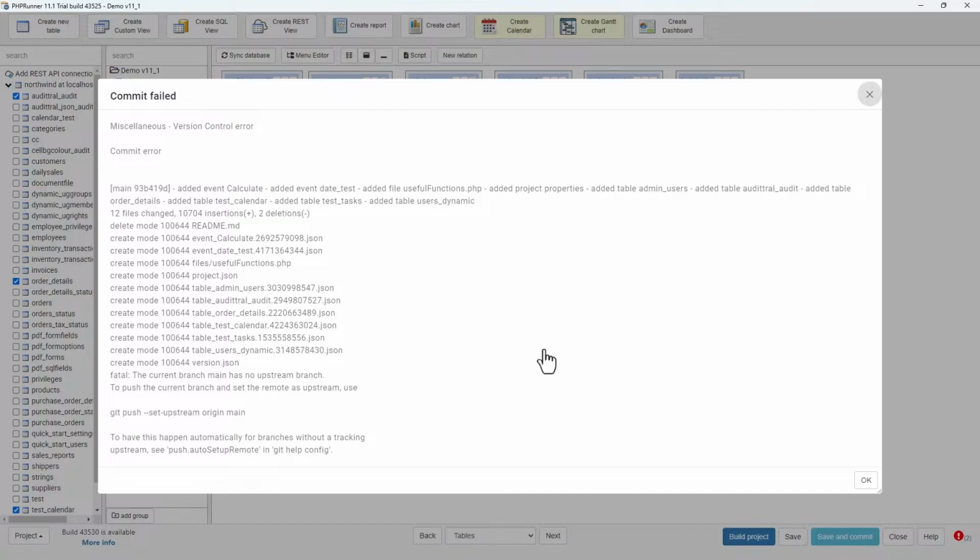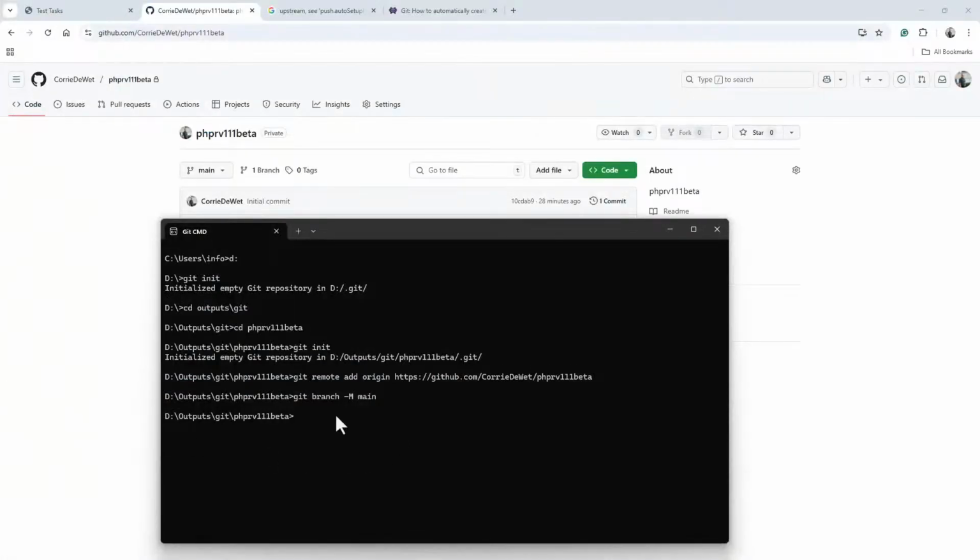and something is wrong. I have a commit error. Give me a moment, please. Oh, hold on. Yeah, on the config file. The config file on Git. Hold on, I'll fix this in a moment. Yeah, it's that auto setup remote.